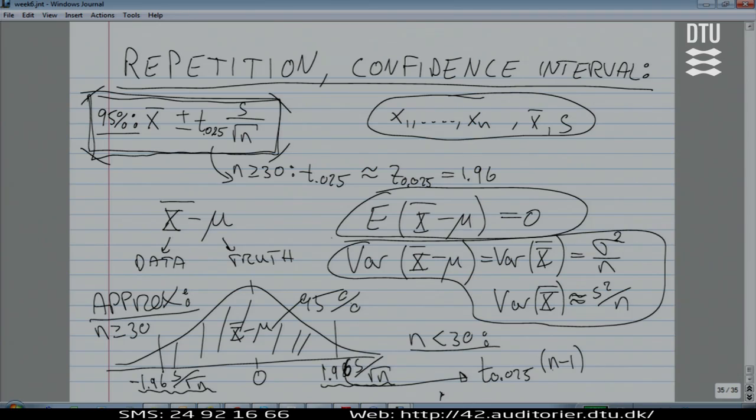How about the truth, the mu? The mu doesn't change. The mu, the truth, is what it is. But the random interval has the property that in 95% of all times, this is the frequential way of looking at probabilities, it will include the true value. And the way we work with it in practice is to hope, believe, assume that in the given case we have the true value, knowing that we might be wrong, right? There's a slight chance, risk that we're wrong.